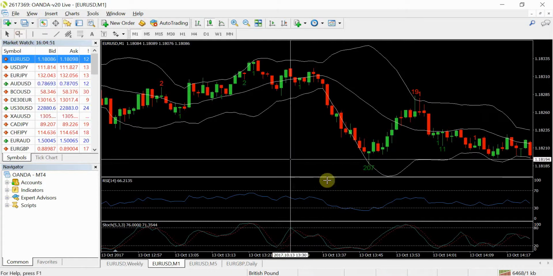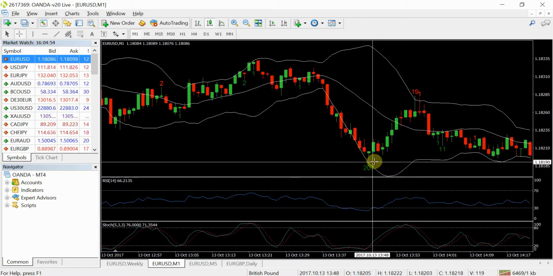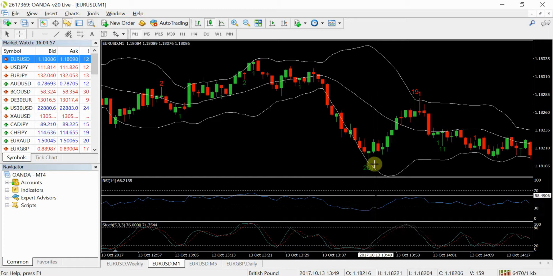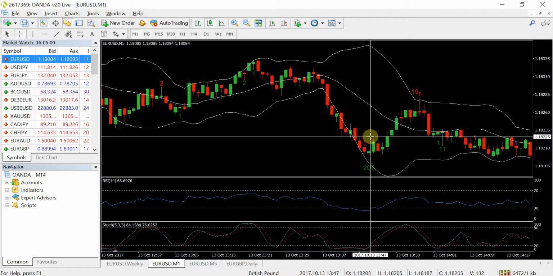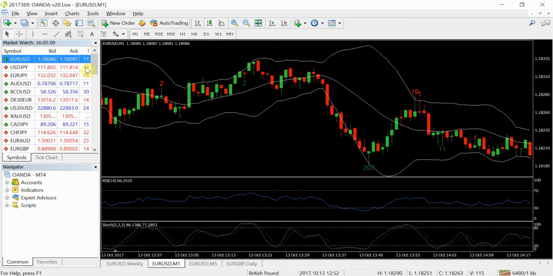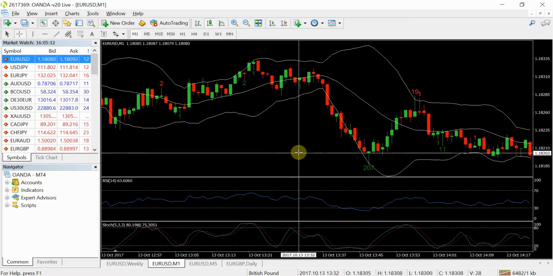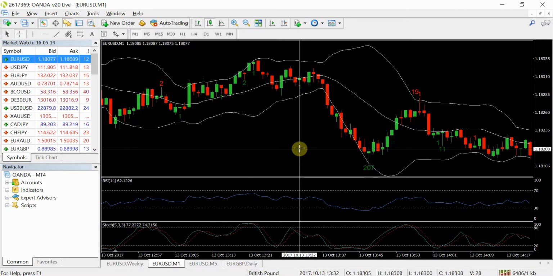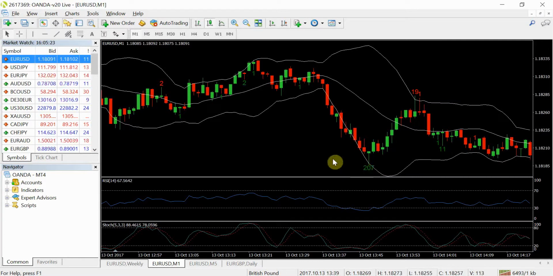So you could wait until the RSI creeps back up above 30. After this bar, to get in, put a buy stop above this bar to hit the other side. You could easily get a 2-to-1 there. The more aggressive way to trade this is to do a buy stop just above the pin bar, and if it gets activated on the next bar, which it does, it goes to the high of 7.5 pips with a 2.5 pip stop. So you're making just around 3-to-1 risk to reward for that particular trade. So that's an example of how you can trade Bollinger Bands